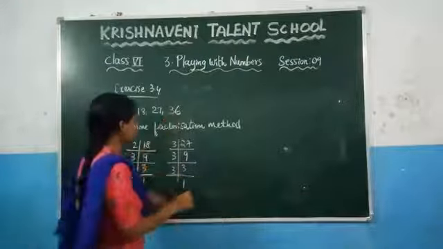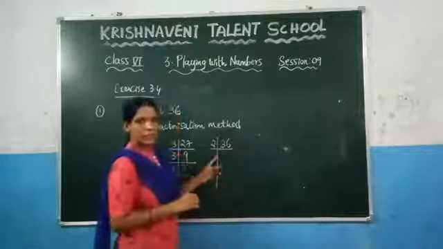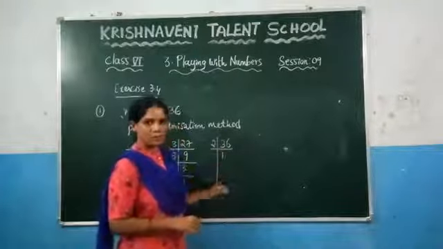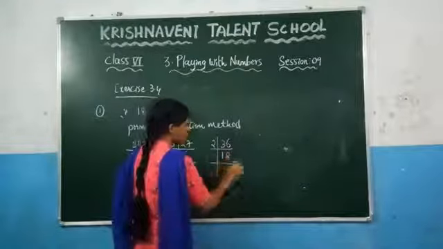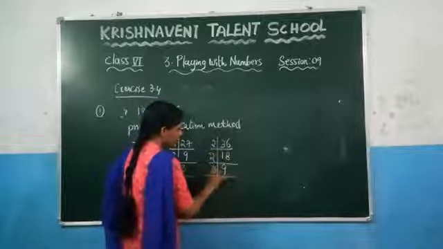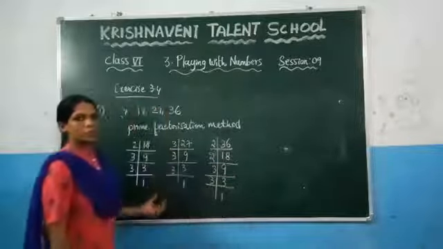Now, check for the next number, which is 36. You know that it is divisible by 2, right? 2 18s are 36, and what will be remaining here? 18. Similarly, it is divisible by 2 again: 2 9s are 18. 3 3s are 9, and 3 1s are 3. Like this, you need to find.